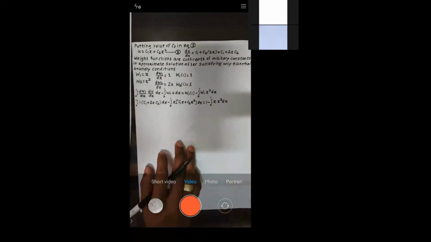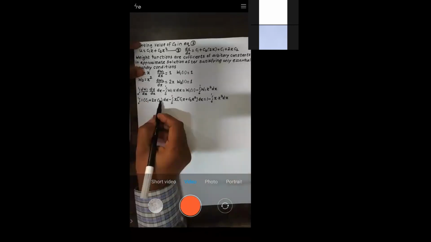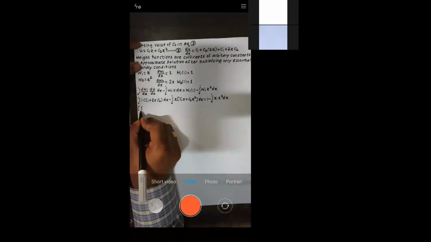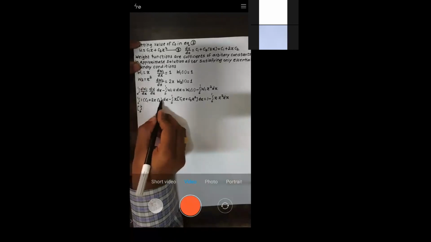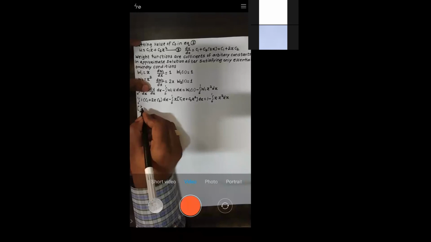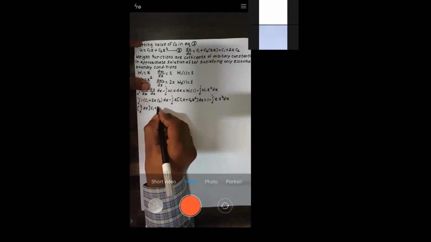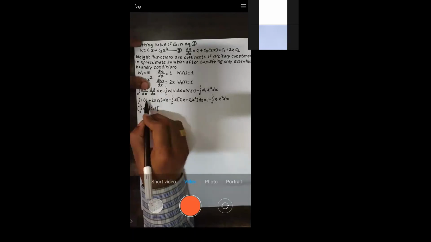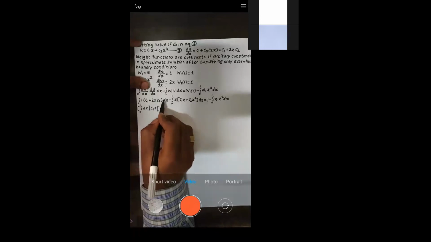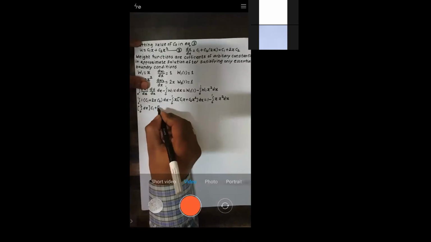Yes or no? Yes, sir. Okay. Now I need to split the bracket, so I'll keep on splitting the bracket. See, integration 0 to 1, now this c1 into dx, it's only dx, right? So it is only dx with the coefficient c1. Next, again plus integration, see here, 1 into 2x is 2x into c2 into dx. Okay, so I'll write down 2 integration 0 to 1 x dx with the coefficient c2.